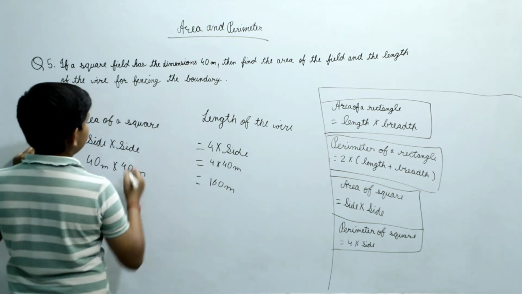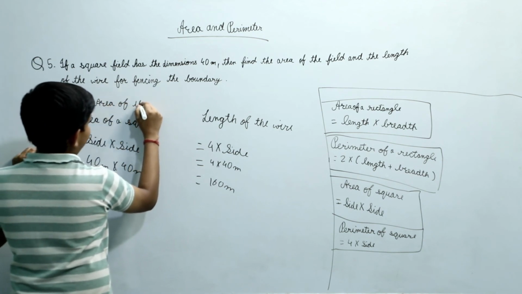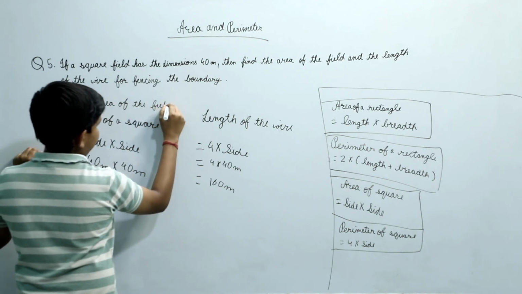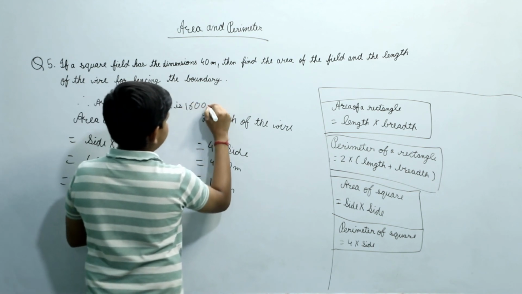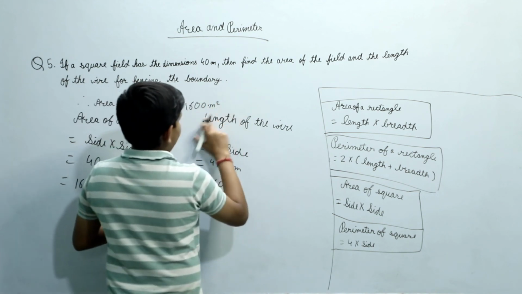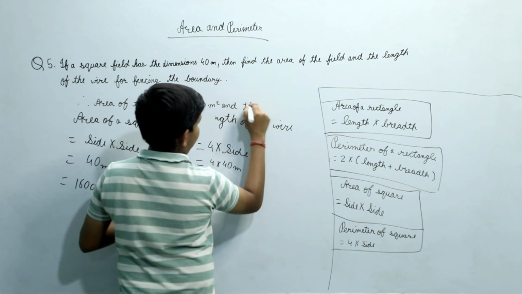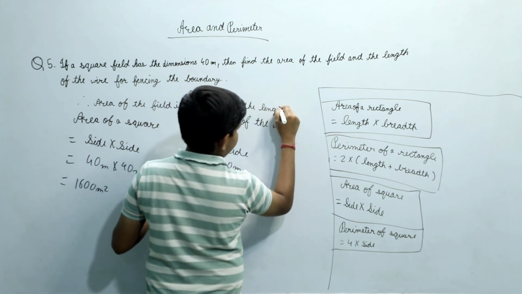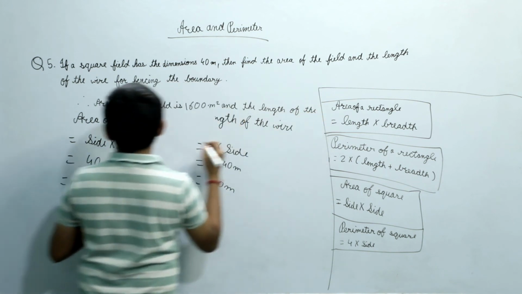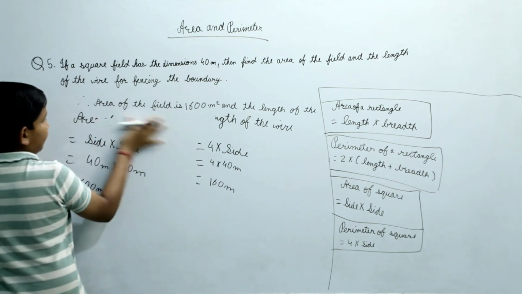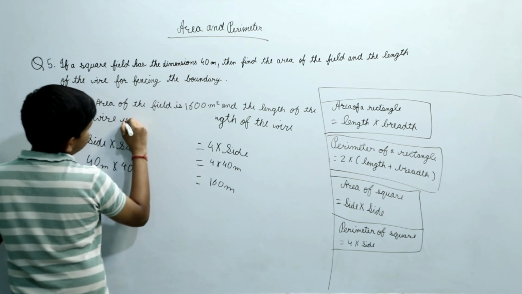Therefore, the area of the field is 1600 meters square and the length of the wire is